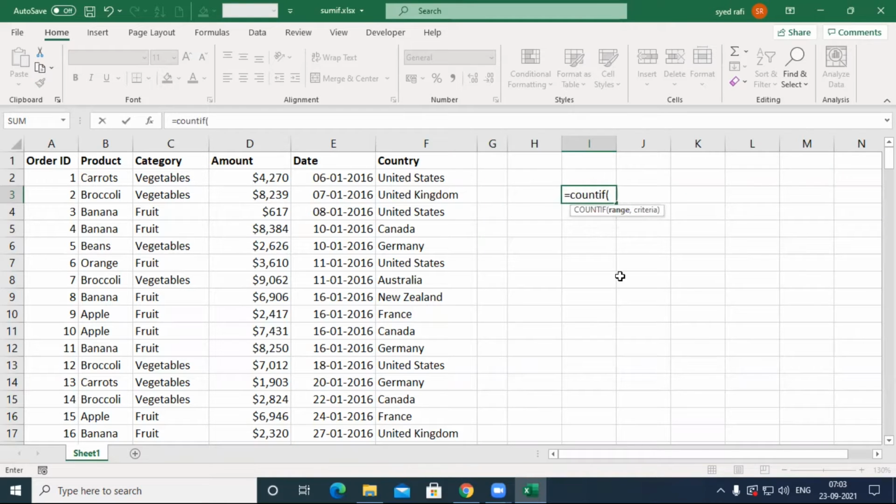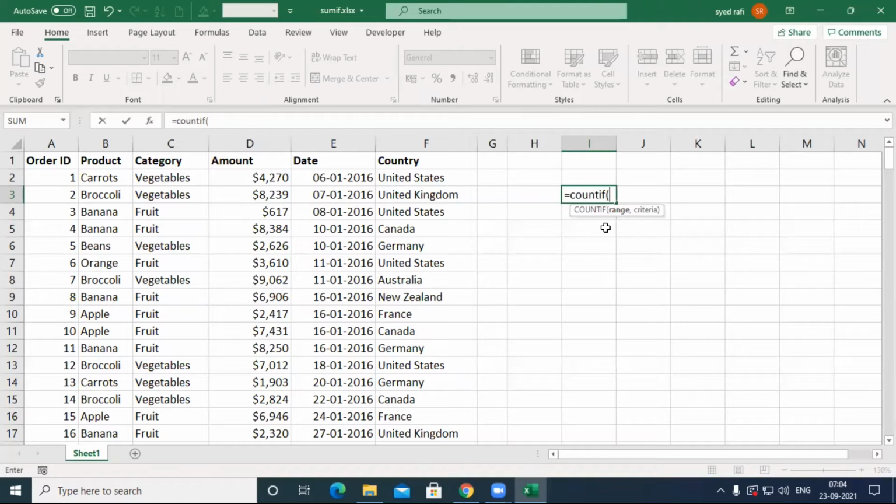Here you must concentrate: if you are applying any function, how does it ask for the arguments? How many arguments is it asking for? Each and every argument, you must know its nature. It's very important. You must concentrate on how many arguments are being asked, what the first argument is, and what the second argument is. If you ignore this, it's a problem, so you must know.